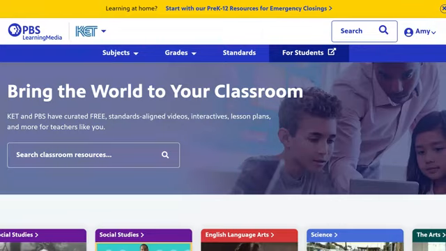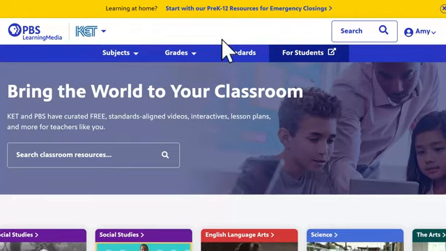This is what the homepage for PBS Learning Media looks like. And if you'll notice at the top, there's a banner that says Learning at Home. And this is a collection of resources that PBS stations all over the United States put together, just a few of the resources in each grade level and each subject area. So if you wanted to take a look at that first and see if there's anything in there that you need, that might be a good place to start.